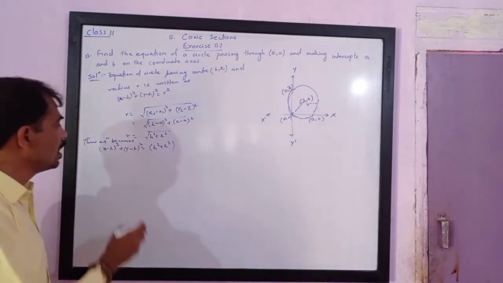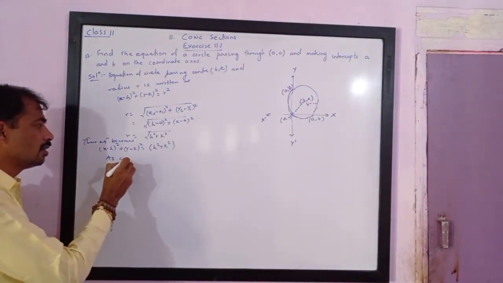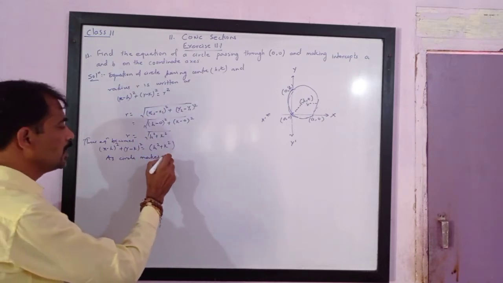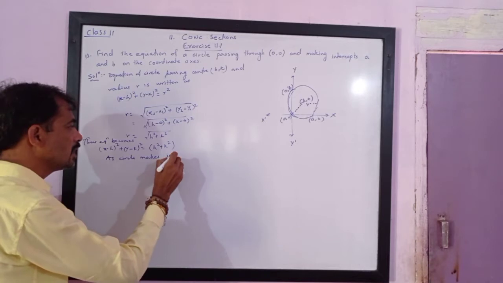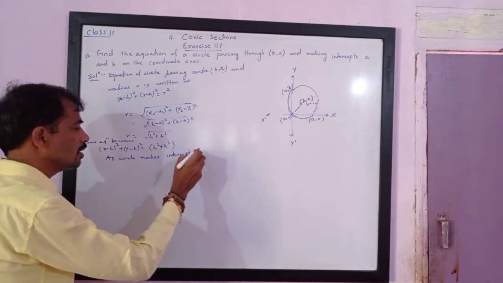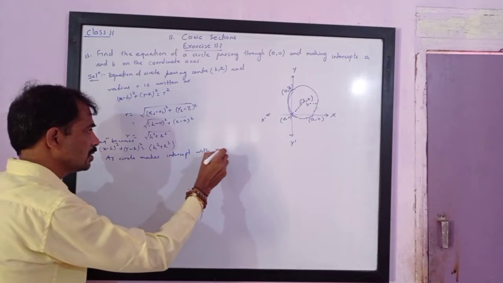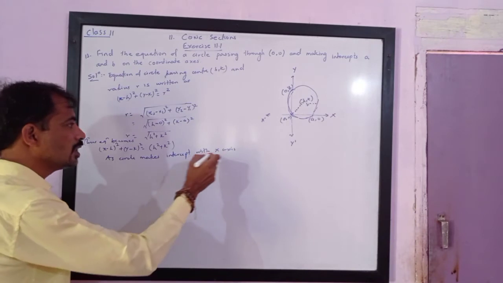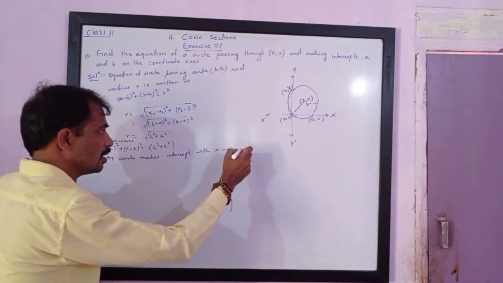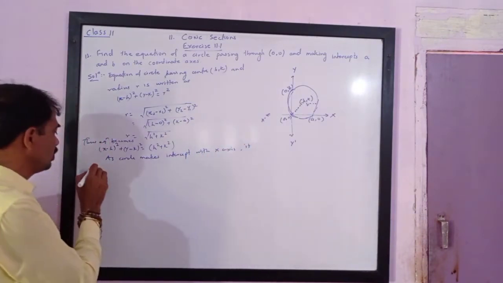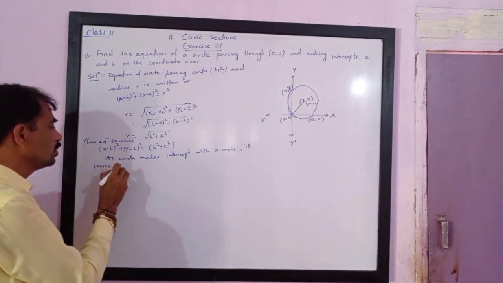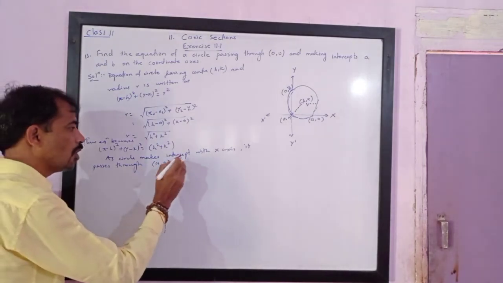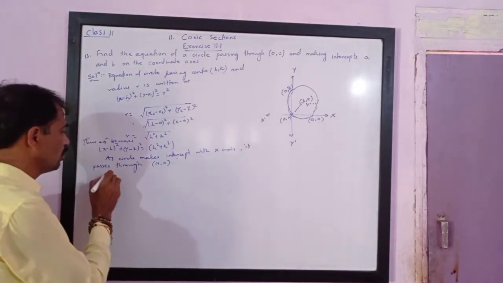So as the circle makes intercept with x-axis, it passes through (a, 0), which means this point must satisfy